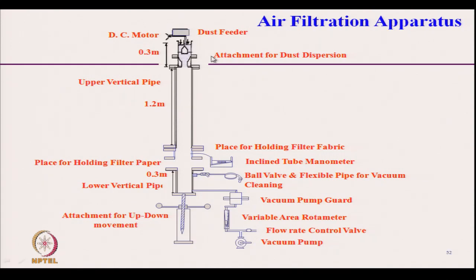There will be one dust dispersion attachment, which is responsible for dispersing the dust, mixing the dust along with the air. Vertical pipe, this pipe is responsible for channelizing the dusty air, and the length is 1.2 meter, and this is a holder